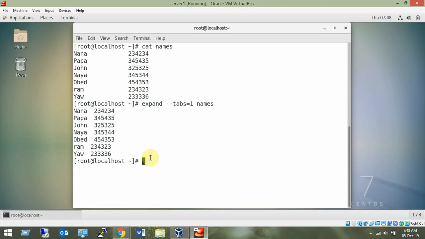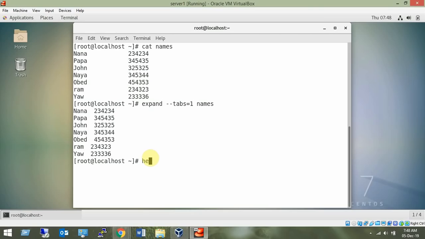It is definitely not a day-to-day use command. To be honest, I have never used it. I'm very honestly telling you. But you never know when I may need it, because if my program throws some kind of error in reading the data, I may have to convert tabs into spaces. It is quite okay to have this.